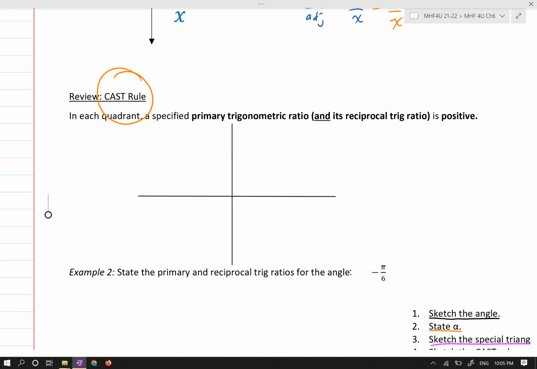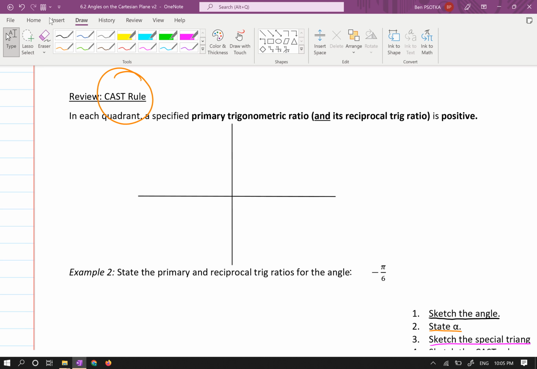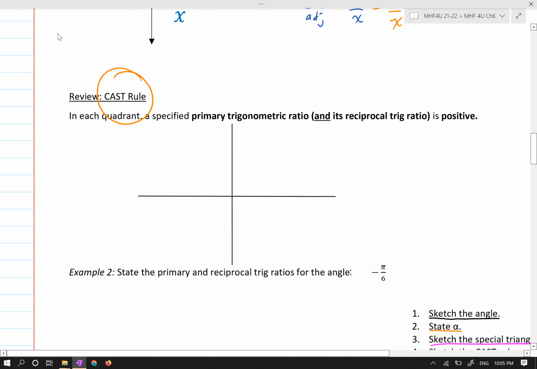All right, so our CAST rule. When we're working here, first of all, we're working with the 4 quadrants. We have not reviewed how these quadrants are labeled. These quadrants are numbered 1 through 4, and they're always labeled using Roman numerals. Top right, where x is positive and where y is positive, in this top right quadrant,